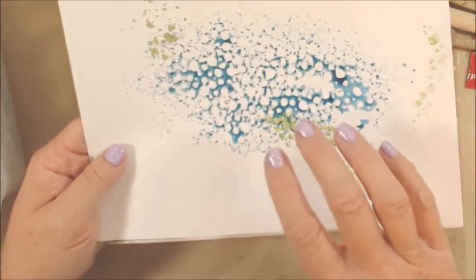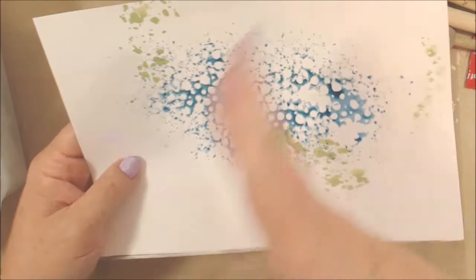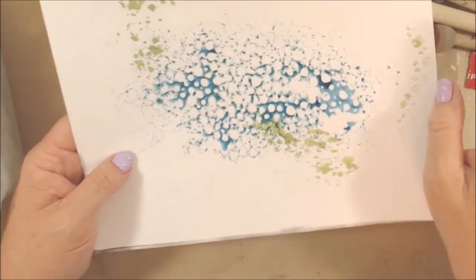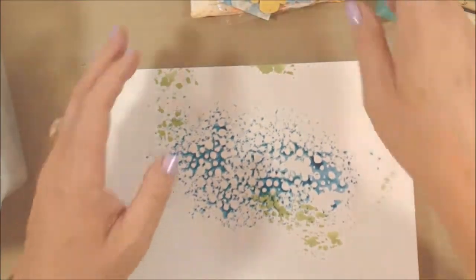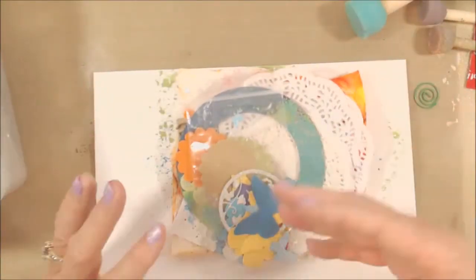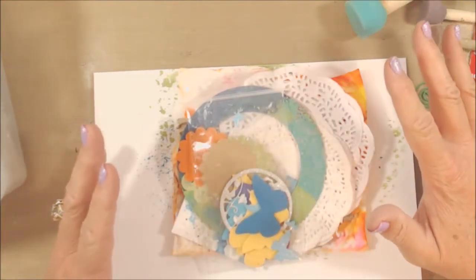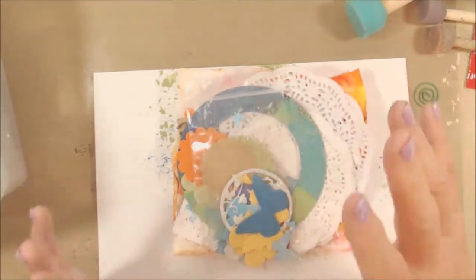Now, I will say this was done with a stencil. This is just a wipe off sheet from something else that I'd done, so there's already a little bit of circle stuff happening here. I have pulled out just odds and ends of stuff. I literally just opened my drawers of ephemera and paper pieces and, without thinking a whole lot about it,